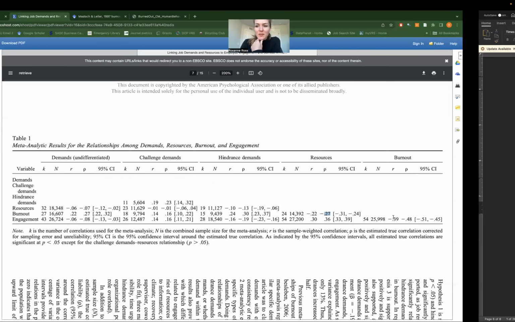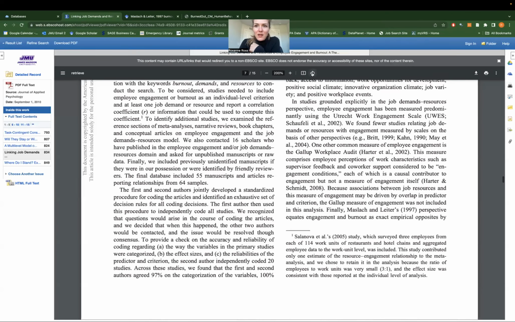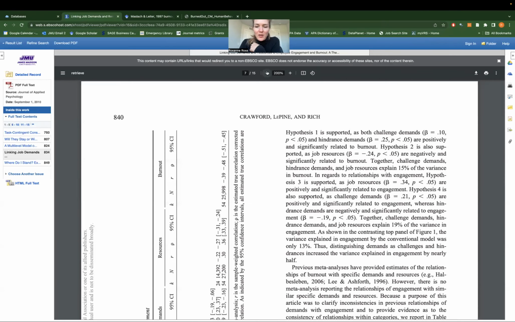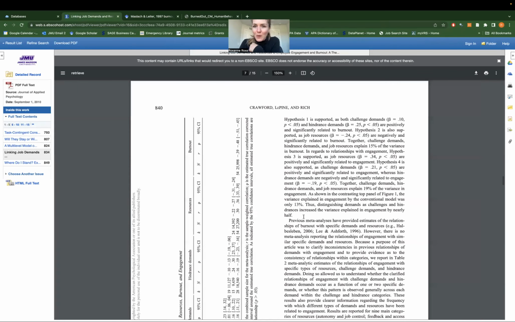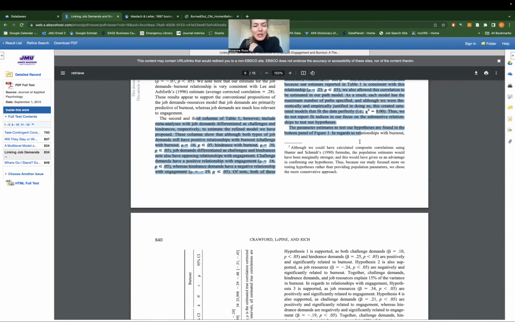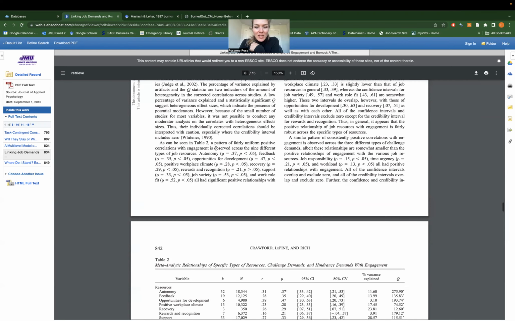We go back to the results. We see that the 95% confidence interval does not include 0. So it's statistically significant again. This means as resources increase, burnout decreases. So all of that is what you want to pay attention to for your meta-analysis. You don't really need to worry about some of this other stuff that they have. You don't need to read every single part of the results section. You don't even really